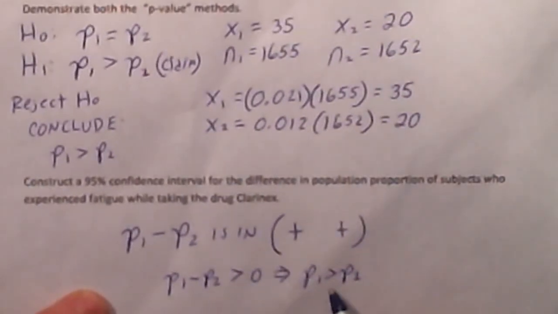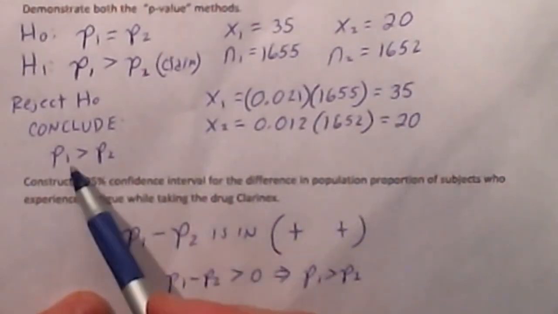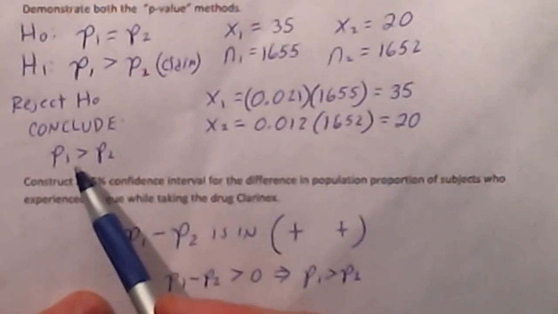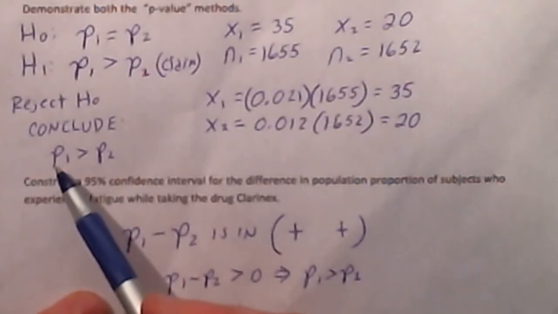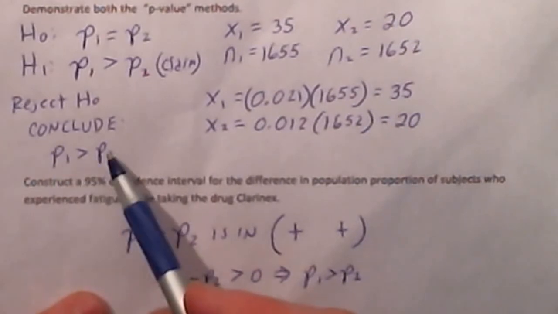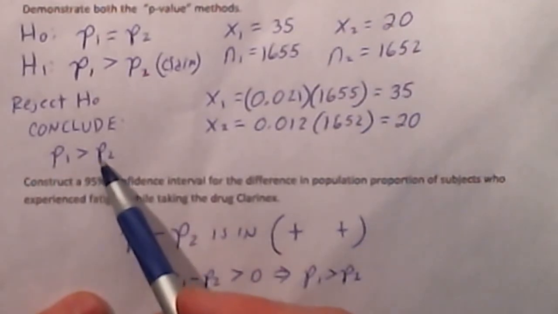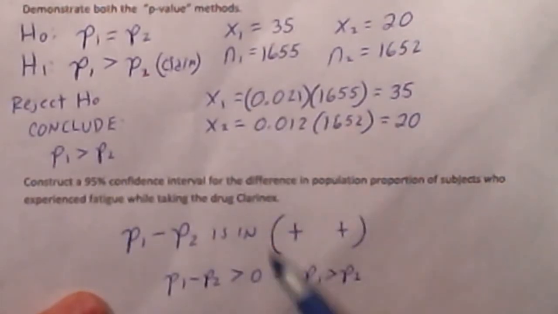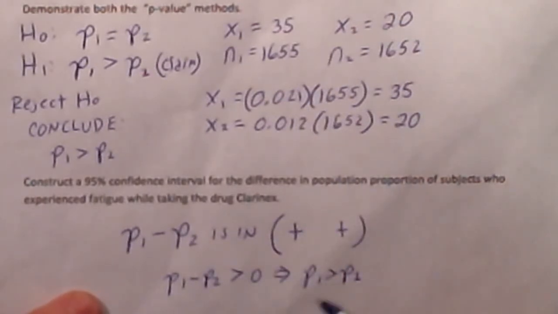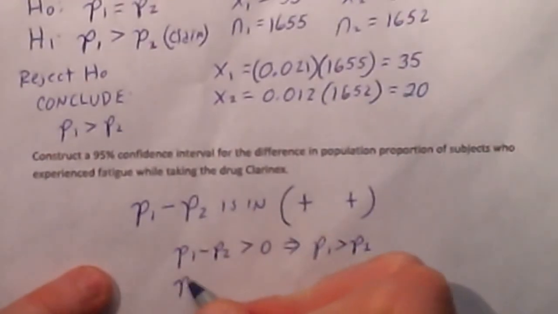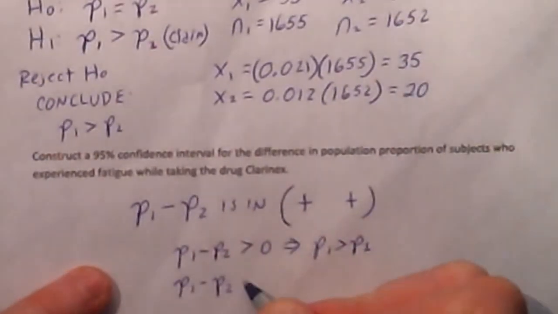And notice this confidence interval supports the conclusion we arrived at when conducting the hypothesis test above, that the proportion of patients that suffer from headache that use the drug Clarinex is greater than the proportion of patients that suffer from headache of those that do not use the drug Clarinex. So you can see that both these methods corroborate or support each other. So we're 95% confident that the difference between these population proportions belongs to the confidence interval,